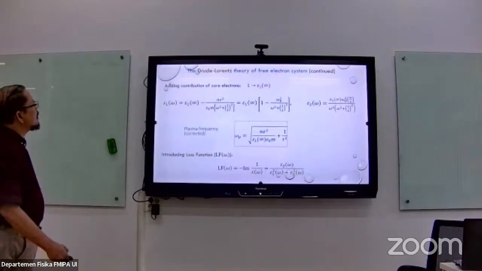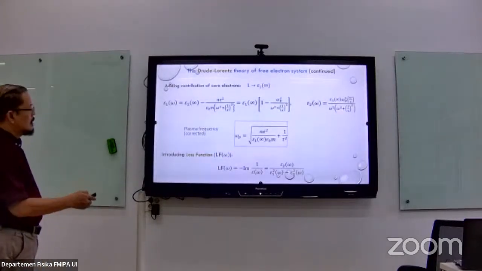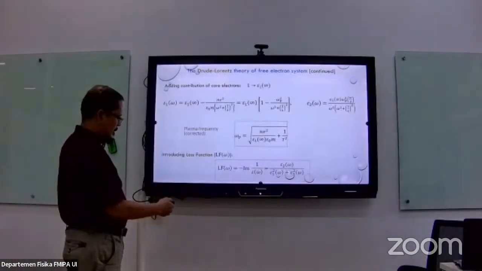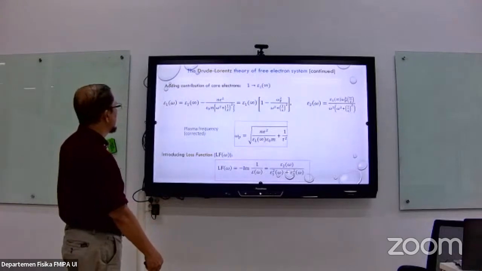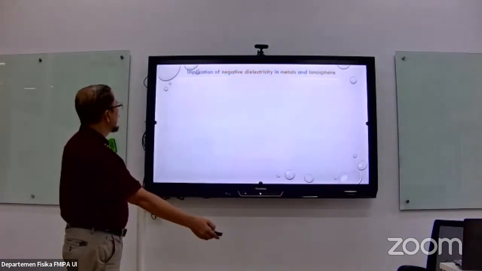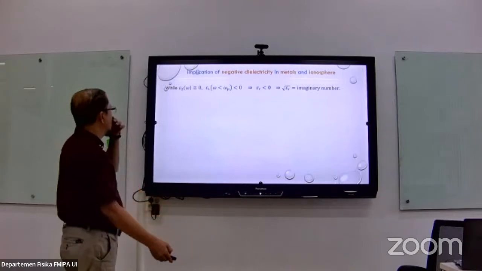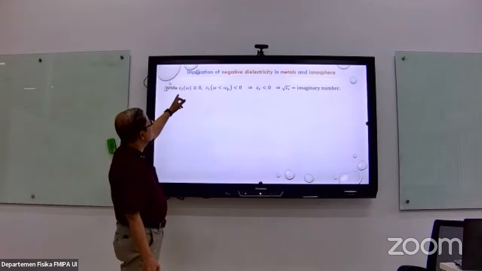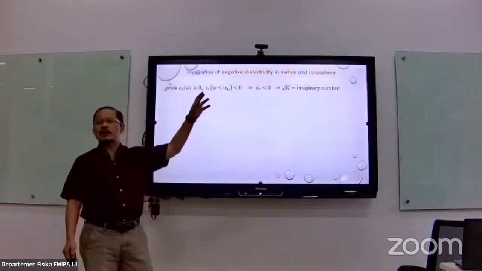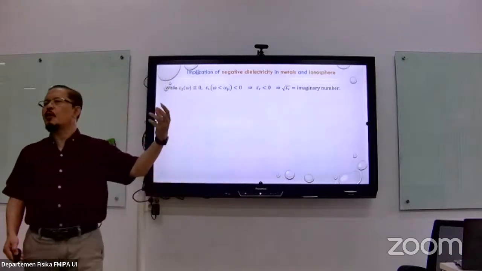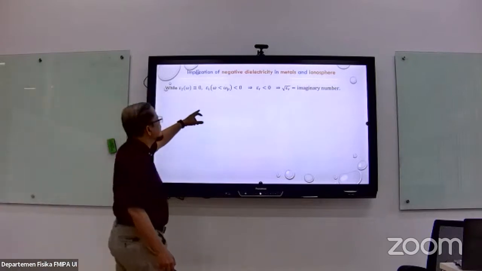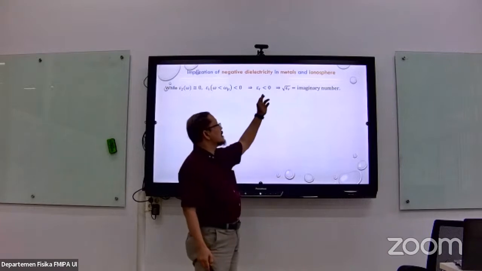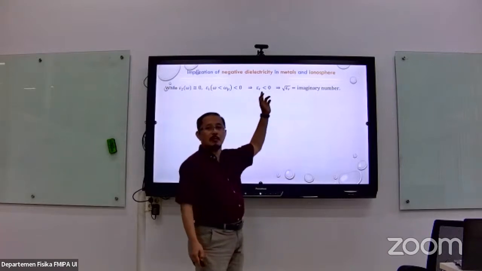So to be more quantitative, let's look at the region where k is close to 0. Then epsilon r becomes negative, a negative real number,